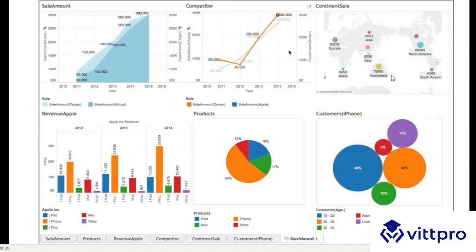As you see on the screen, there are only six indicators: sales amount, competitor information, continental sales, the share of the different products, customer information, and then the revenue from different products in Apple. This is how they are showing it. So you can choose what you want to see. There are certain best practices